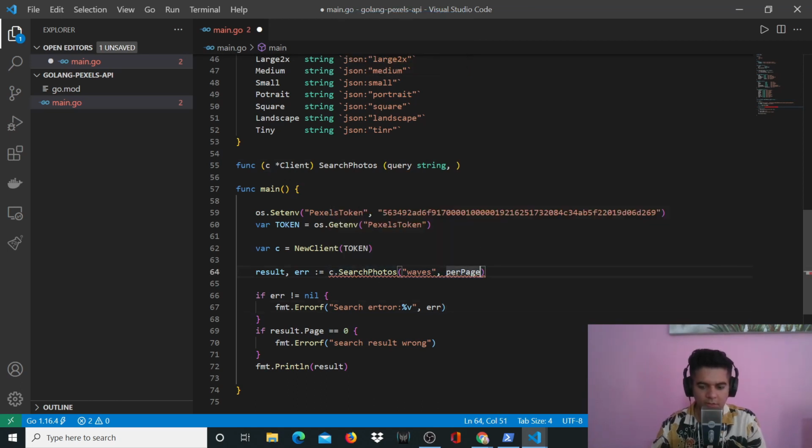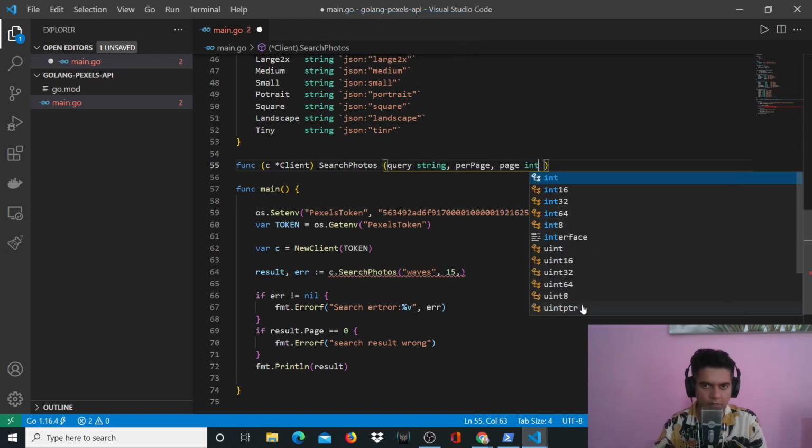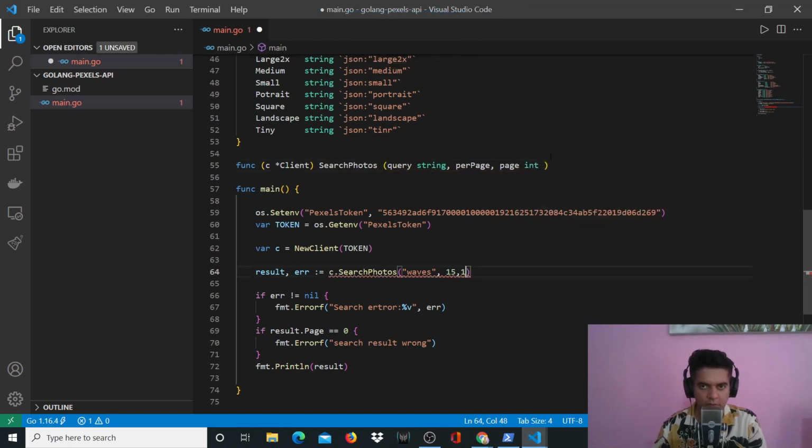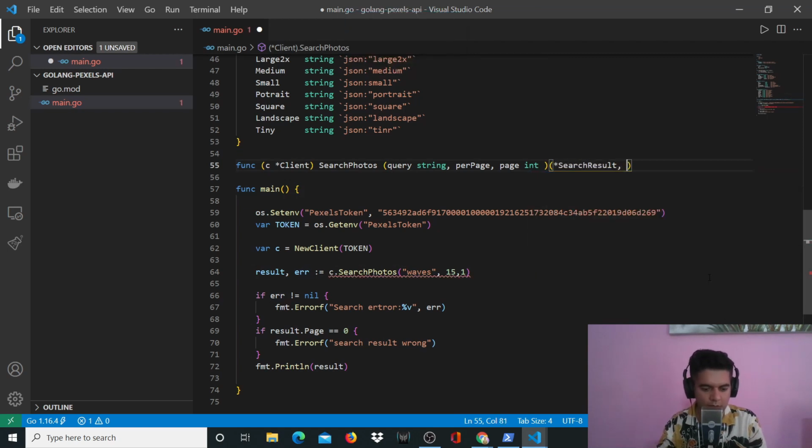Sorry, here you can actually send the value, like let's say 15 or something. And here you'll say per page, and then you'll say which page number. So for example, here we'll say 1. All right, and then it returns, as you know, two things. One is the result, one is the error. So let's say star search result, comma error,